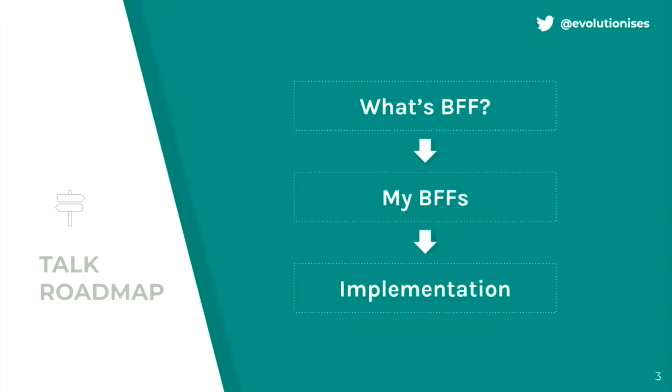So here's a little roadmap of our talk. The first thing we're going to discuss is what I mean by the concept backend for frontends. After that, I'm going to talk about my BFFs, the backend for frontends that I've been best friends with. And then I'm going to talk you through a little bit more of that implementation detail. And that's where I really want to dive into the part where I think you weigh your choices about how you design your APIs, about what goes where, about what becomes an endpoint, what becomes a different class, and so on.